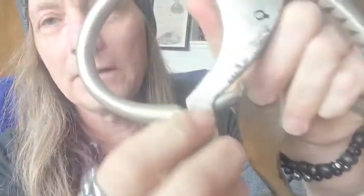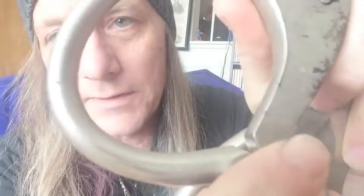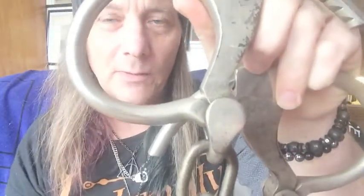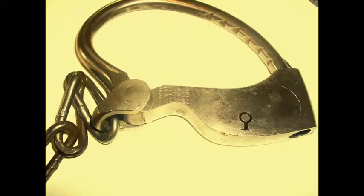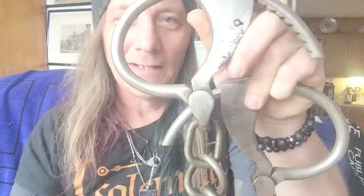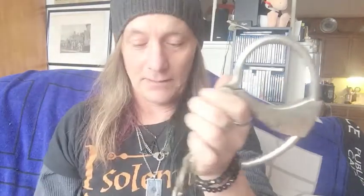I mean, right here near this clevis, they would stamp all the patent dates, which you probably can't see, which I'll show you in a close-up, don't worry. It's neat how Towers would stack up the patent dates as if to tell imitators, hey, we're on top of stuff, we're on top of our paperwork and everything. But, as we know,